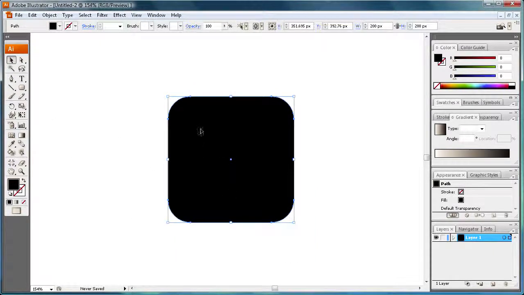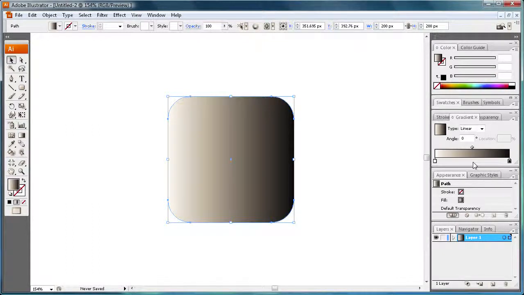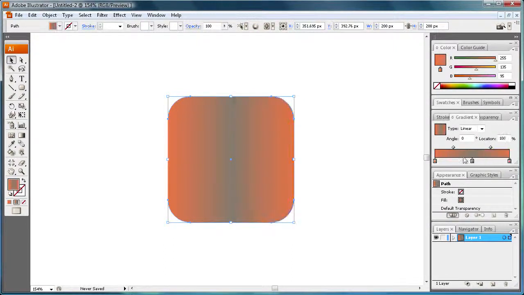Now what we're going to do is add a gradient, so select your rounded rectangle, click on the gradient, and let's add a third point in the middle, put that at 50%, and select some colors for it. We're going to select on the left kind of a darker orange, and we can just drag that down to this right one too, except I think it needs to be a little bit darker, like more of an orange and less